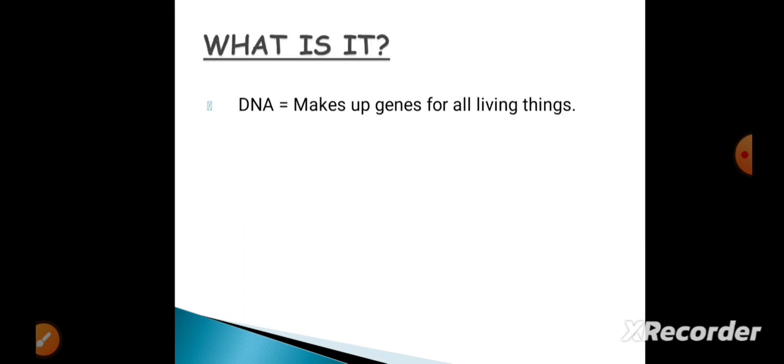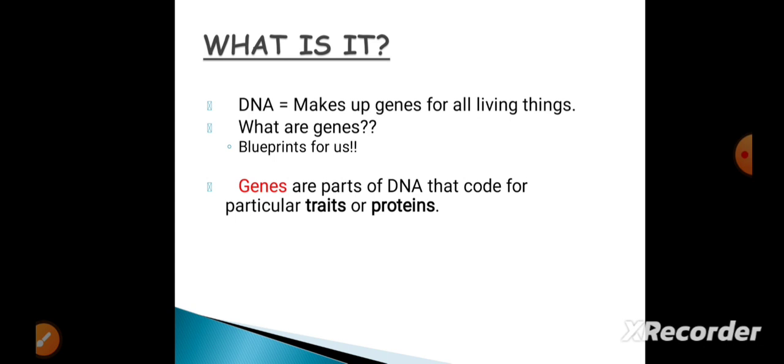So DNA makes up all the genes for living things. And now what is a gene? It is a very important question. Genes are the blueprints. By using a specific gene, we are producing similar types of characters or traits. So simply you can say that genes are the parts of DNA that code for a particular trait or